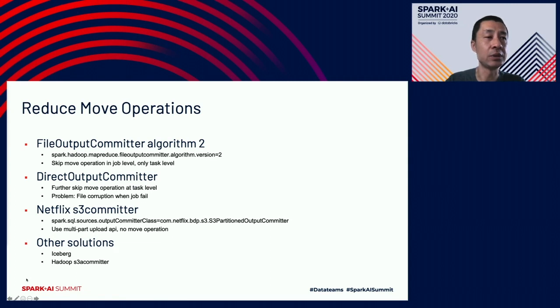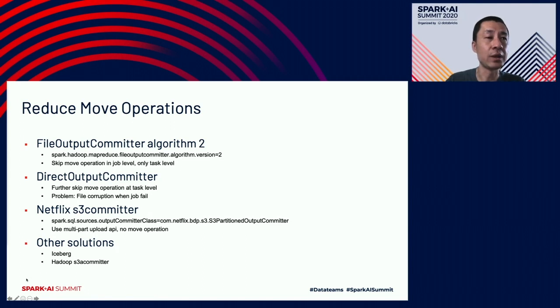For file output committer algorithm 2, if the job fails and cleanup is not done properly, successful task output will be left there, so a downstream job will read an incomplete result. For direct output committer, if the job fails and cleanup is not done properly, a downstream job will read incomplete or even corrupted output.